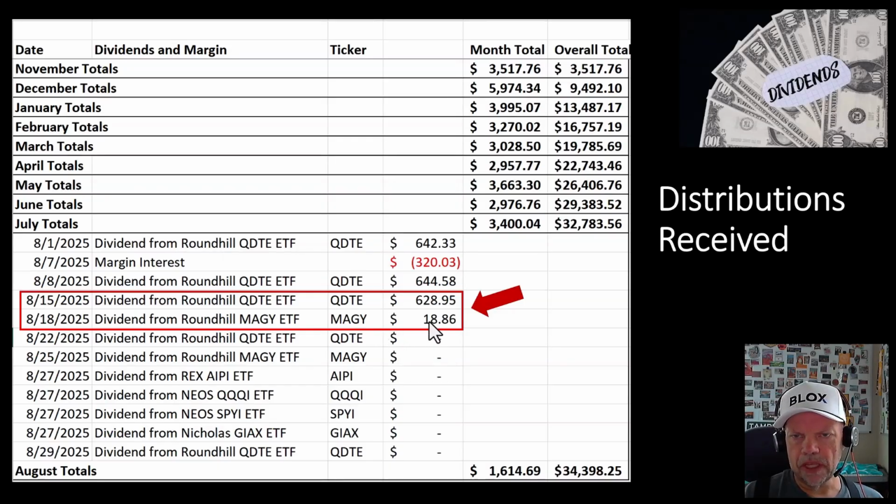And you can see that I'm going to get about $20 from MAGY, which will grow as I add more shares to that. AIPI will be around $700 a month. QQQI and SPY will both be a couple $100. GIAX will be about $100. And then we have QDTE again. There'll be 5 varieties this month, so I'll get 5 distributions from QDTE. So I expect this to be well over $4,000 for the month of